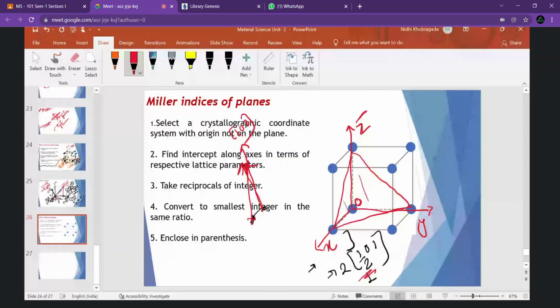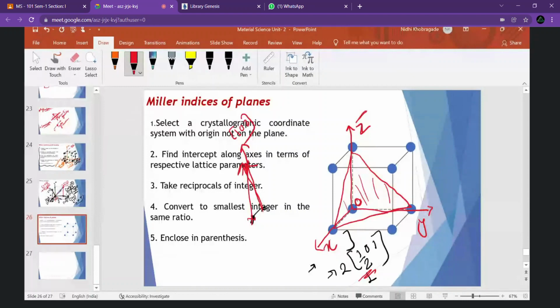Okay, so the origin which we have selected is on the back corner of this particular crystal structure, right? And the plane which we are considering is on the front face. Getting or not, right? So here this is our specific triangle in which we have to mark the Miller indices of this particular plane. Here we are considering a cube in which we have marked a plane with a certain origin. According to the first rule, we cannot mark our origin on the particular plane which we are considering, right?